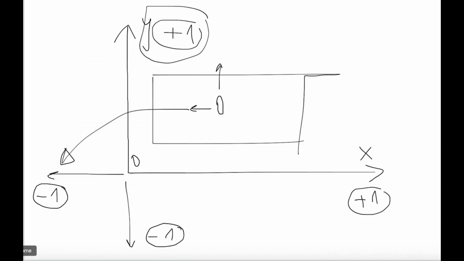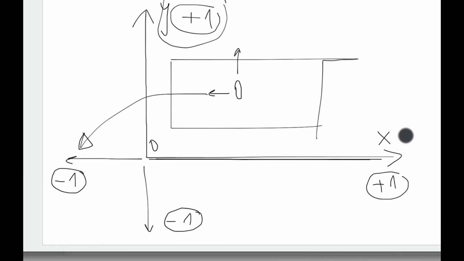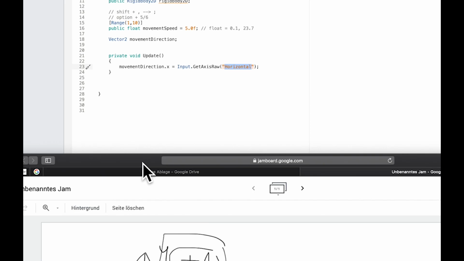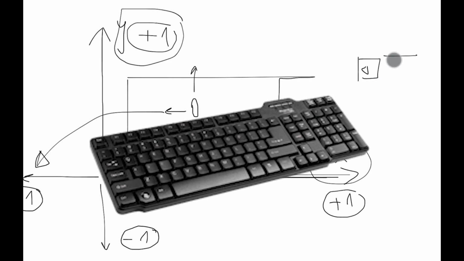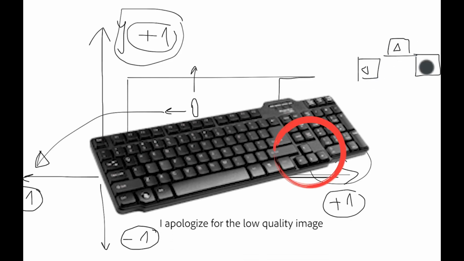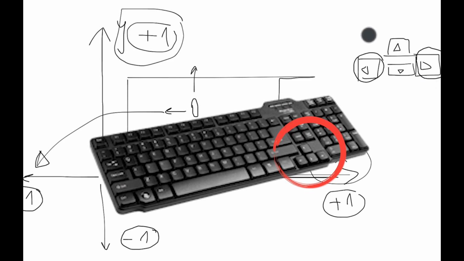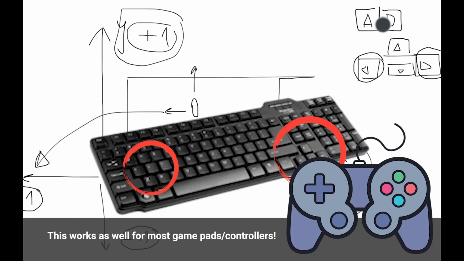Let's look at it. What did we just do? We said we have this x direction. So the movement of x is dependent on the input horizontal. So if you have a keyboard, you might have these arrows somewhere that point in several different directions. And these are set up to be the horizontal movement, left and right, or your A and your D key on your keyboard. Those are bound to the word horizontal